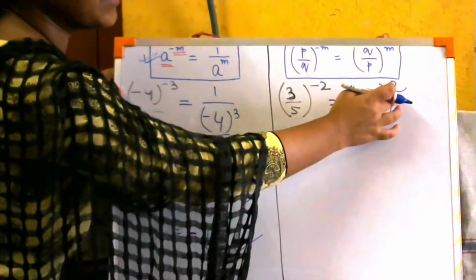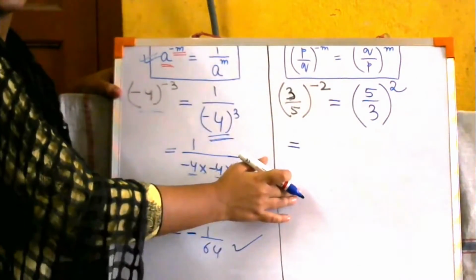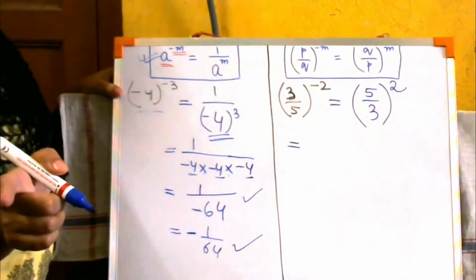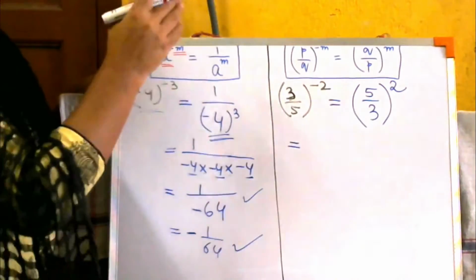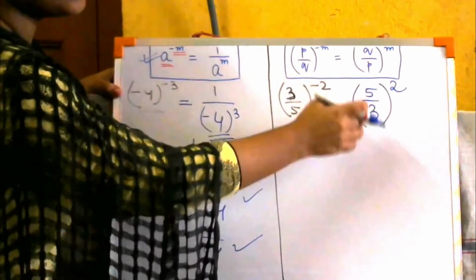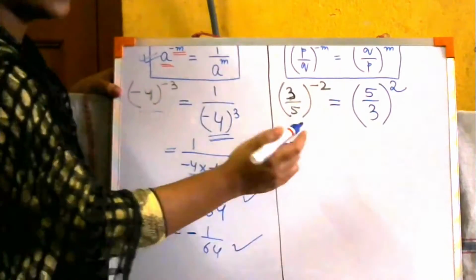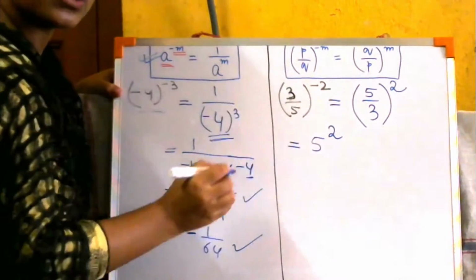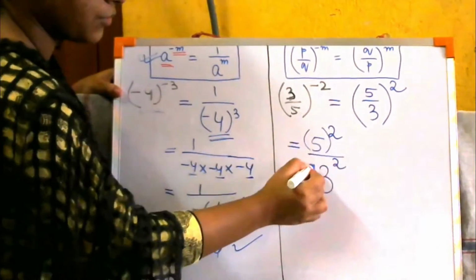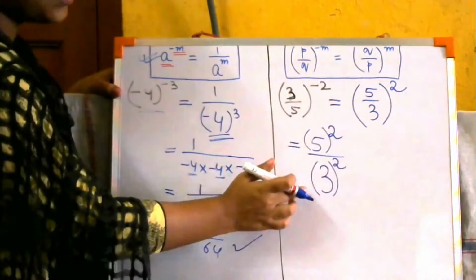This thing is completely with 2. ये पूरा चीज इसका पावर है 2, है ना? तो मतलब 5 का भी पावर 2 है, 3 का भी पावर 2 है. This law is also given in laws of exponents. See it in your copy. We are going to do it again, but still I am trying to explain in this particular sum. So 5 by 3 whole square, मतलब whole to the power 2, मतलब दोनों के लिए ही power 2 है. So 5's power is also 2, divided by 3's power is also 2. You can put 5 and 3 in bracket if you want to understand that which is base and which is power. ठीक है? So 5 to the power 2, 3 to the power 2.